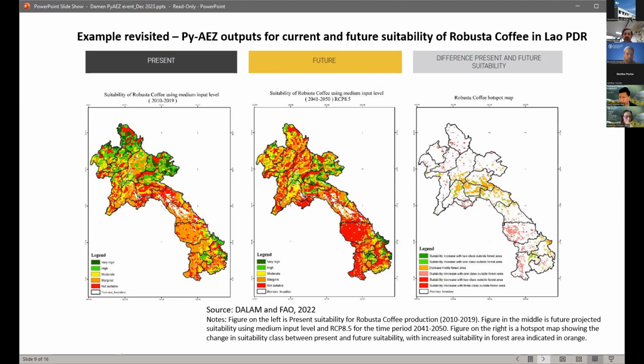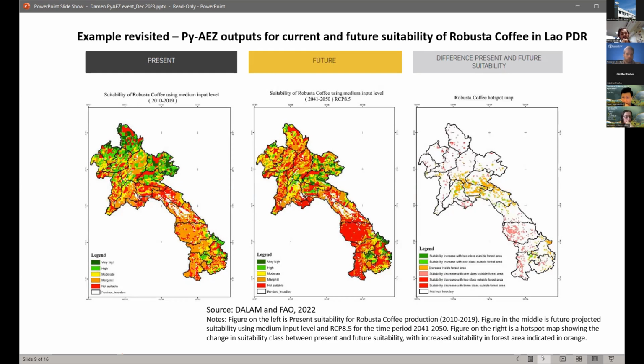What we were able to show here is that there were certain areas where we were expecting a number of shifts downward in terms of suitability classes, and also possible encroachment. As suitability was changing, there may be encroachment from future croppings, future responses to climate change, on existing forest systems.